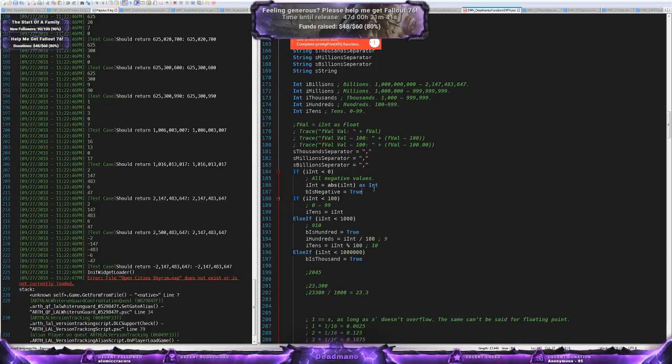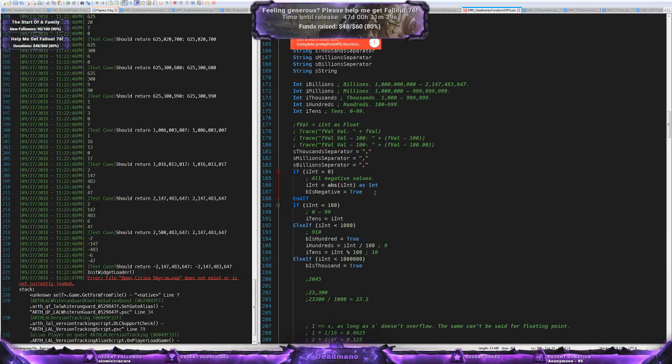And b is negative to true. And then we end the if here, because then it's going to go in and it's going to check if int is less than 100. Cool, now that we know that,